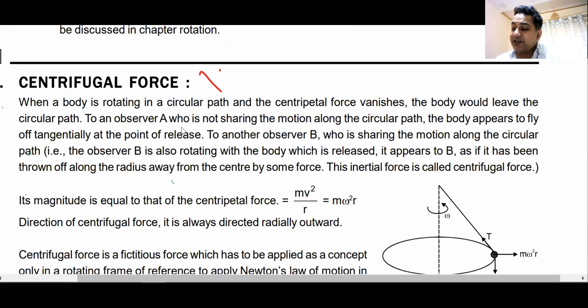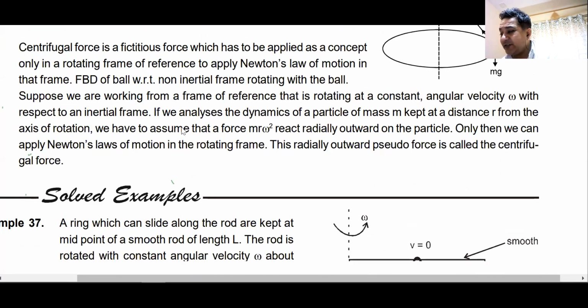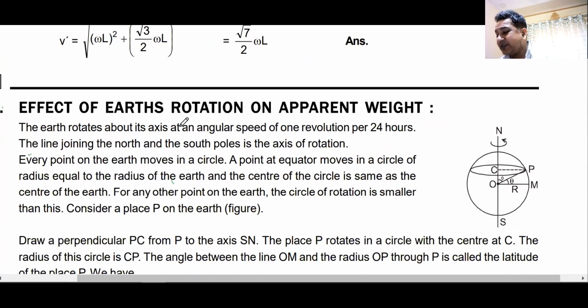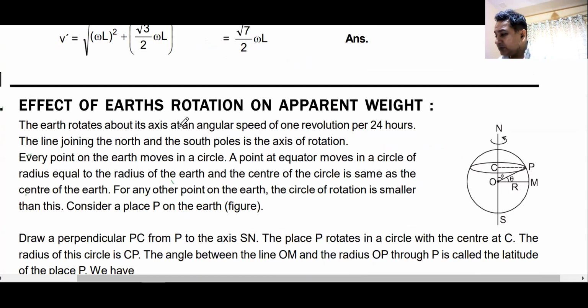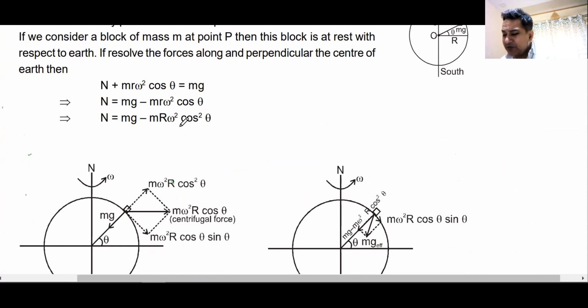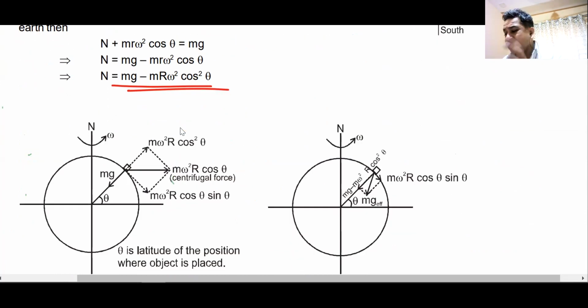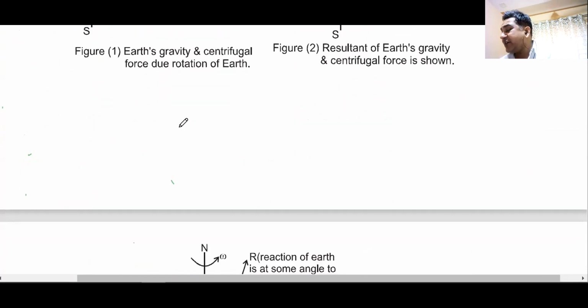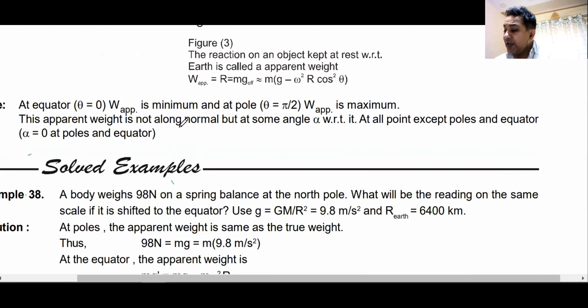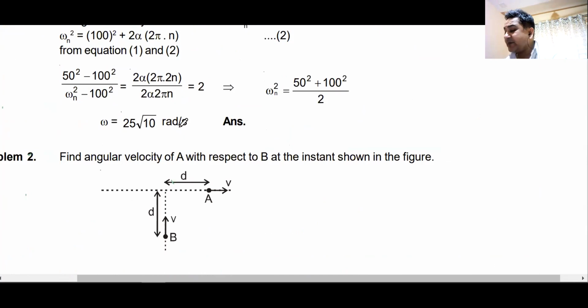Centrifugal force, we have already studied centripetal force, so you can leave this part. There's no point of doing this for you. Then you can have a read of this. This is simply based on, because the earth is rotating, what will be the value of g? The value of g keeps on changing. And from there, you are finding the weight of the particle. So you will have this same part in the chapter of gravitation. So you can do this chapter there.